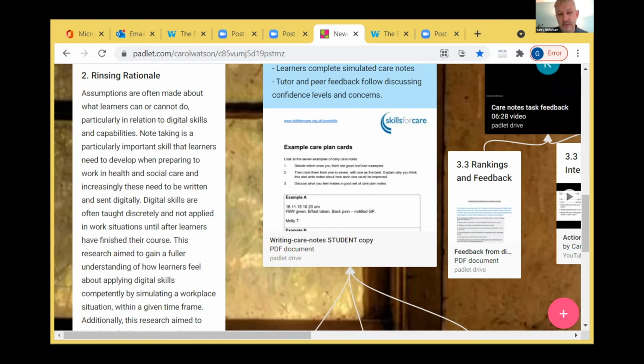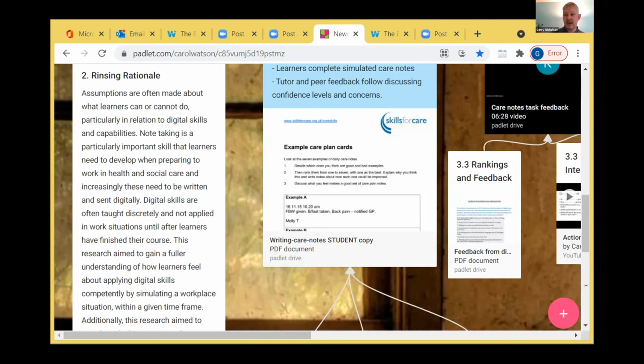And immediately found out that they weren't worried about using their digital skills. They were far more worried about making mistakes when they use their digital skills. So we'd been teaching loads of courses which taught them the skills, but never actually giving them the opportunity to use those skills in a real situation. So that informed what we decided to do with the learners, which was, besides giving them examples of the kind of notes that they would have to leave, we actually modelled it as an activity where they had to send notes within a time period using the technology, send it through, know that it had arrived in a real situation.